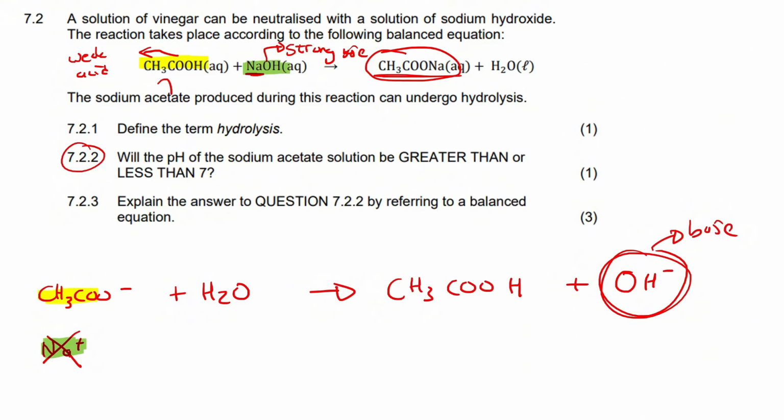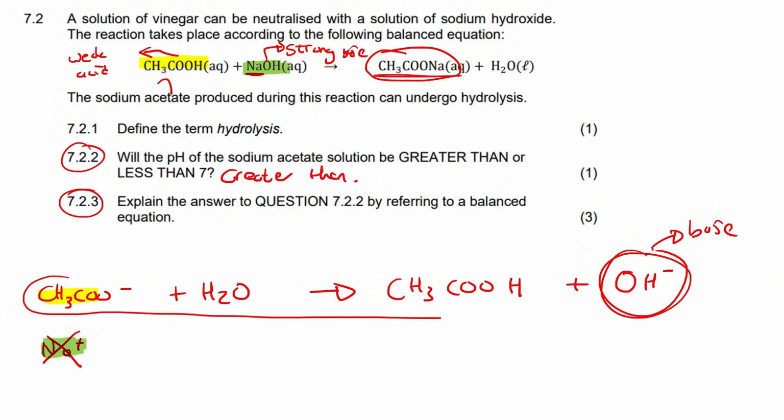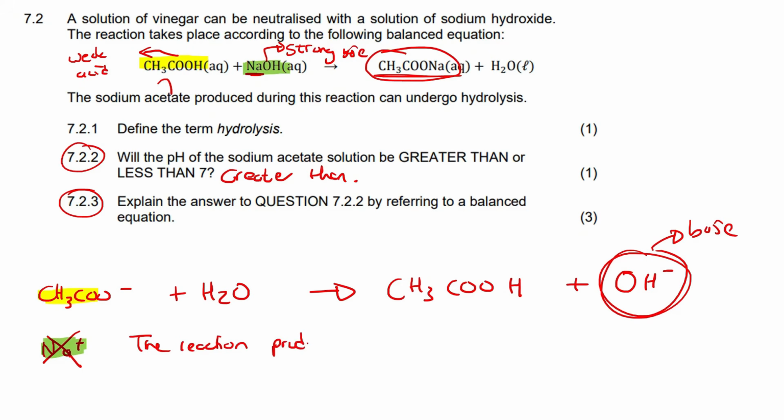So if we are producing base in our reaction, what does that do to the pH? Well, base pHs go up, larger than 7. So it says, will the pH be greater than or less than 7? It's going to be greater than. Okay, and then when you explain your answer, you only show this reaction, and then you just summarize and say that the reaction produces OH minus, which increases